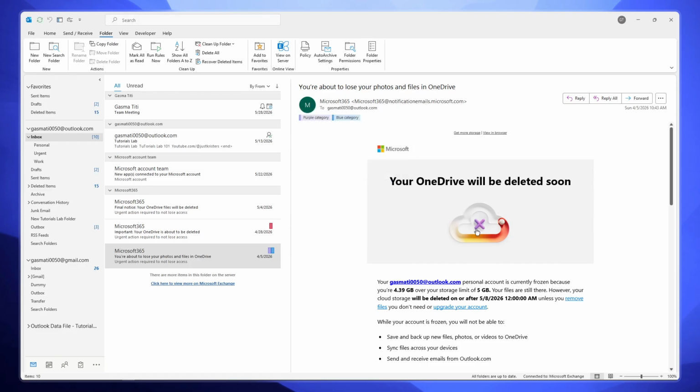And that's it. You've successfully created a custom search folder in Outlook that filters emails based on one or multiple